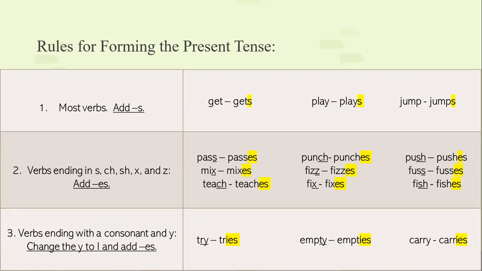Okay, verbs ending with a consonant and y, we are going to change the y to i and add es. And I know that there are some people who are getting confused with this. For some reason, they're confusing consonants with vowels. And we're in 5th grade, so by now you should know the vowels and you should know your consonants. But if you're still struggling and can't tell the difference between one and the other,